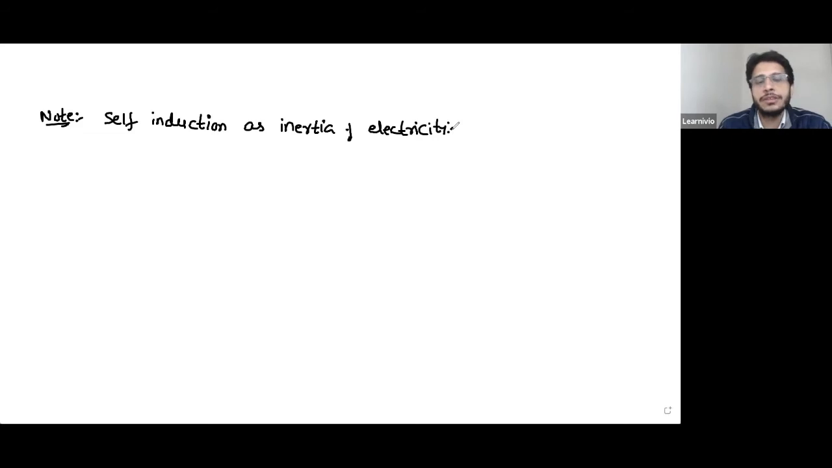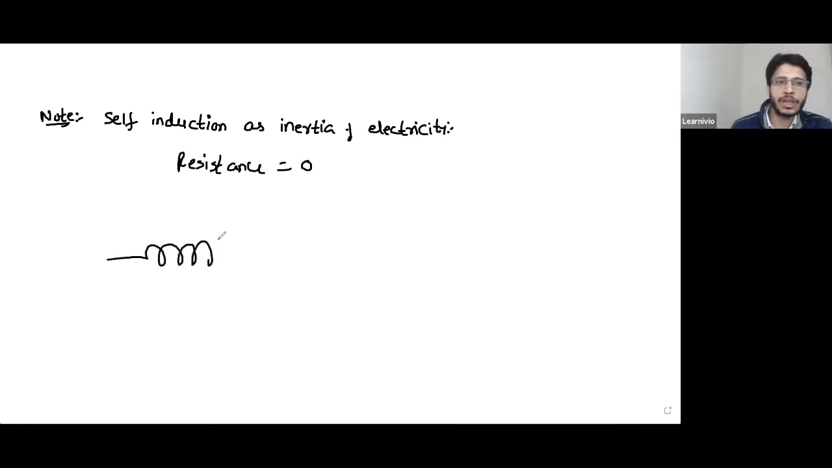Inertia of electricity means there is an inherent property in a circuit due to which that circuit opposes any change in strength of current through itself. I'm talking about a circuit which has zero resistance, an absolutely ideal circuit, which has no resistance. Even this resistanceless circuit will oppose any change in the strength of current through itself, not through resistance, but through self-induction. So if you have a coil which has zero resistance,